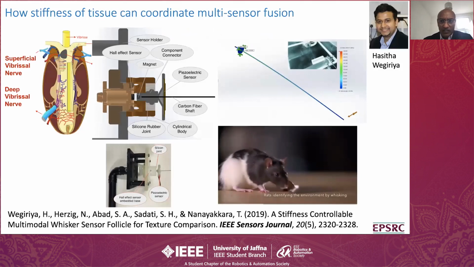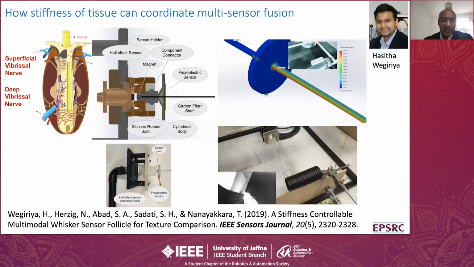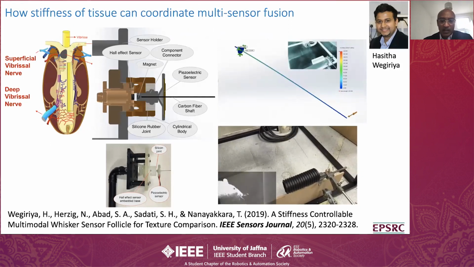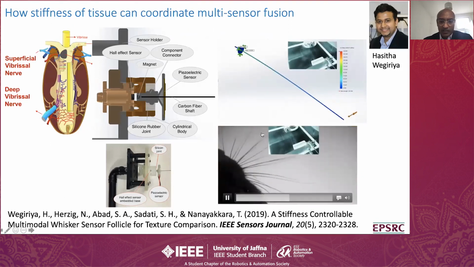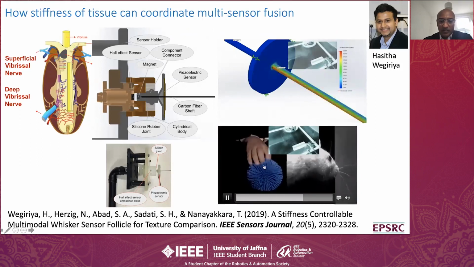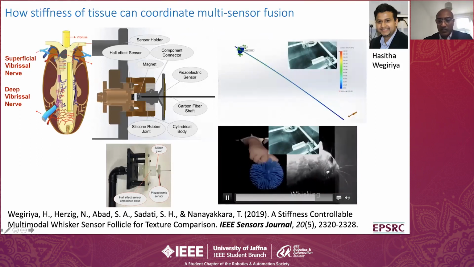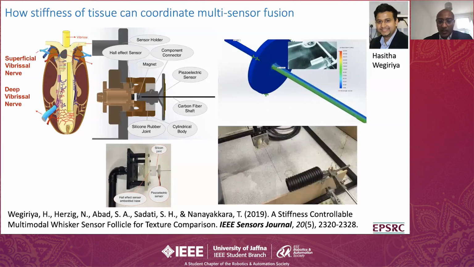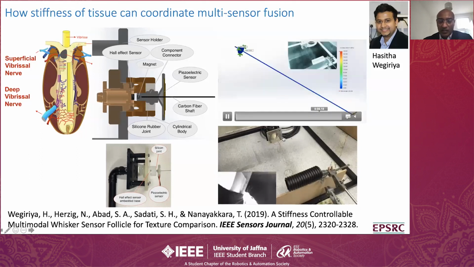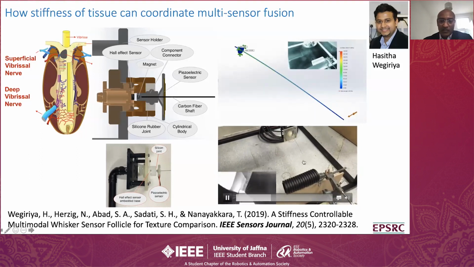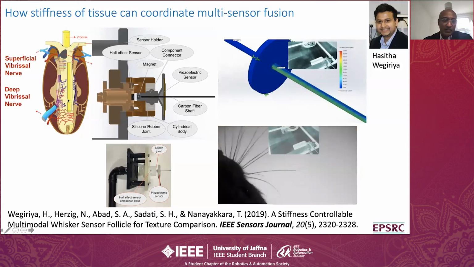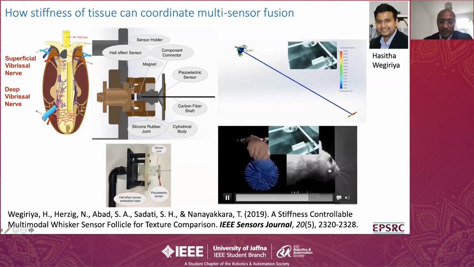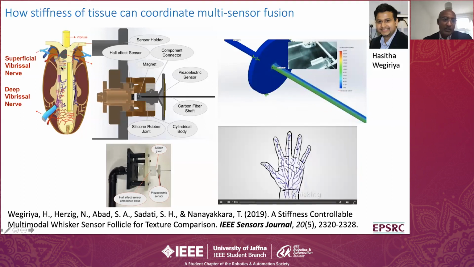So he is a Sri Lankan student, and he focused on a similar mechanism in the rat whiskers. He suspected that the rat whiskers are just as good as our eyes, because they don't use eyes in the dark burrows, and their eyes are their whiskers, right? So the curious thing is in the whisker follicle. This is the follicle where the whisker comes from, and the follicle is inside the skin. And then there's an interesting mechanism.